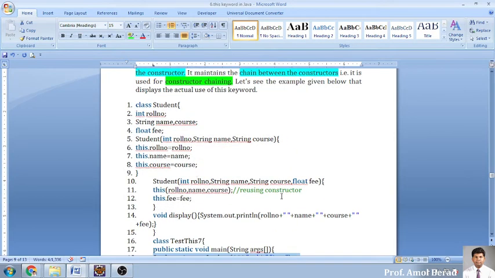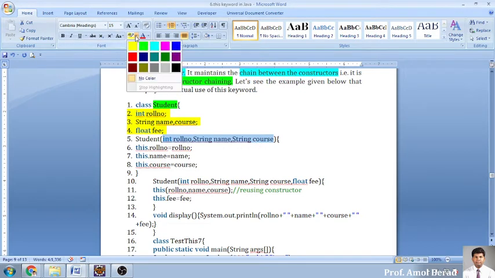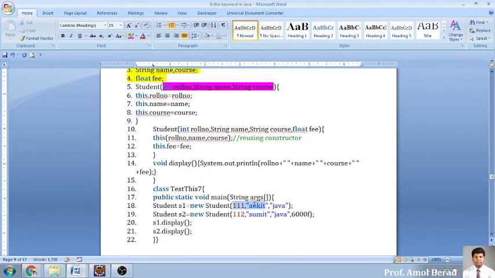So in this same example, in the student class, you will just see it. We have created variables, and they are nothing but your roll number, name, course, and fees. I have received these 3 values. Only 3 values I am receiving: roll number, name, and course. I am not receiving any fees. So this I am receiving from external sources, that is from my constructor. So this is a constructor with 3 parameters.